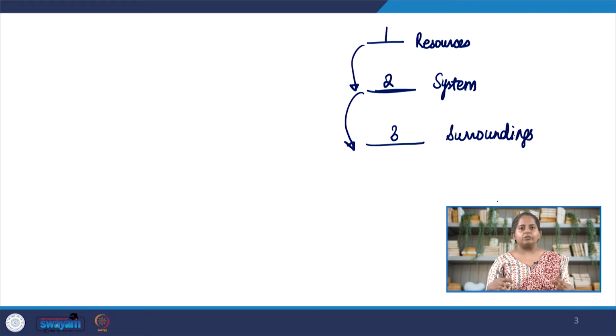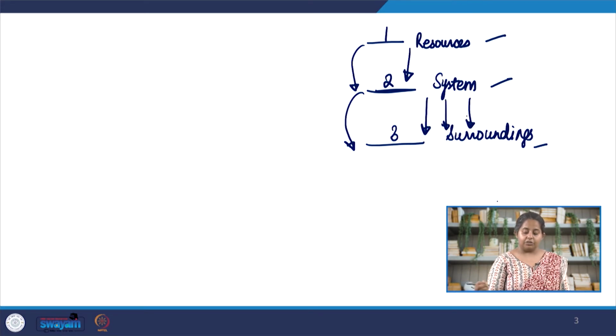And the surroundings are also dissipating some of the energy into the universe, which is assumed to be an infinite sink. So basically what is happening is that resources are at the highest level, the system is at the second highest level, and the surroundings are at the lowest level. The system must continue consuming the resources if it is to remain at a higher level than the surroundings, because it is always continuously dissipating some energy to the surroundings.